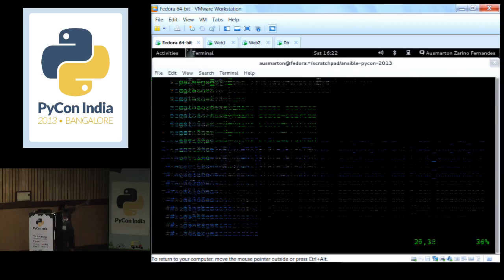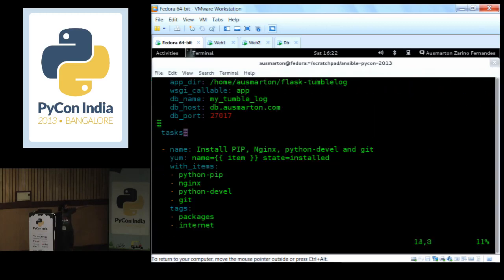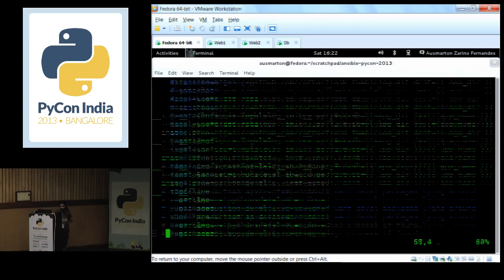So this is one play that you see right now. Under this task section which you see, they are all one play. And we saw the previous file, the site.yaml, which contained these playbooks. That would be how you would have a list of plays inside a playbook. So that's what I'm talking about.